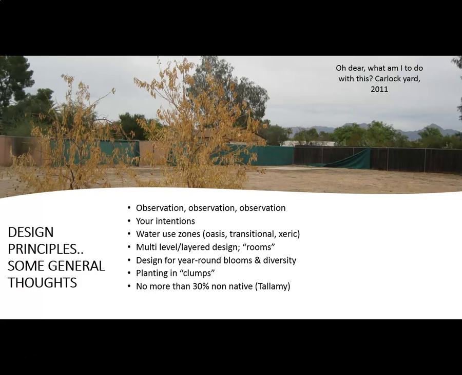And now, a really important principle for designing for wildlife is to have something always in bloom. So think about what are some plants that are long bloomers, or what are some plants that are blooming in the times that are usually the most lean, such as the winter time or late summer, especially if there haven't been monsoons. Those are some times to think about, making sure there's always something in bloom, and having a diversity of plants are important principles. Even if you start small, you can add over time, and we don't have to have hundreds of species, but having more than just a couple of species will bring more wildlife to your yard